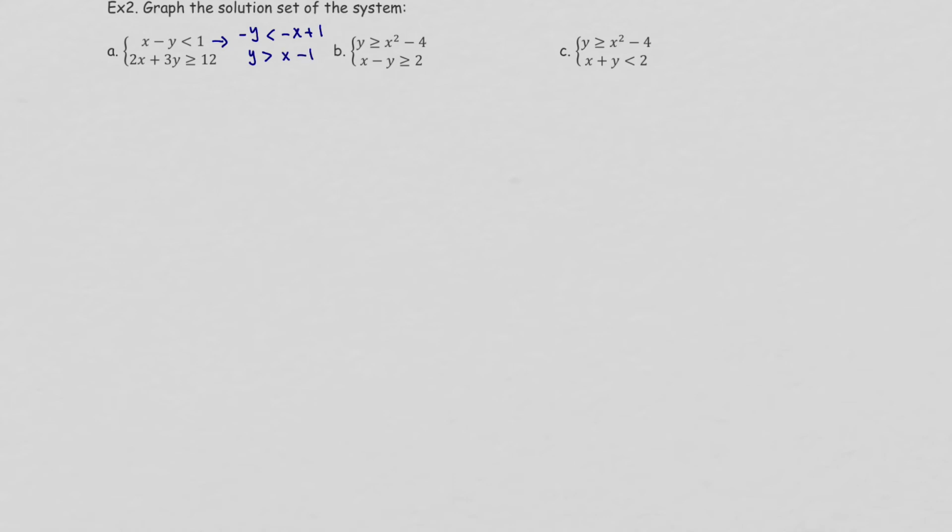And let's see if I can draw this linear one. For the slope-intercept form, solving for y, first I will have 3y greater than or equal to -2x plus 12, divided by 3. That gives -2/3 x plus 4. So when I graph